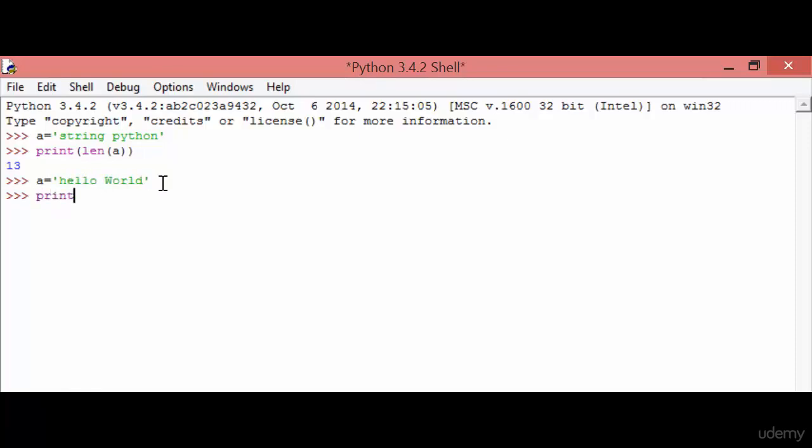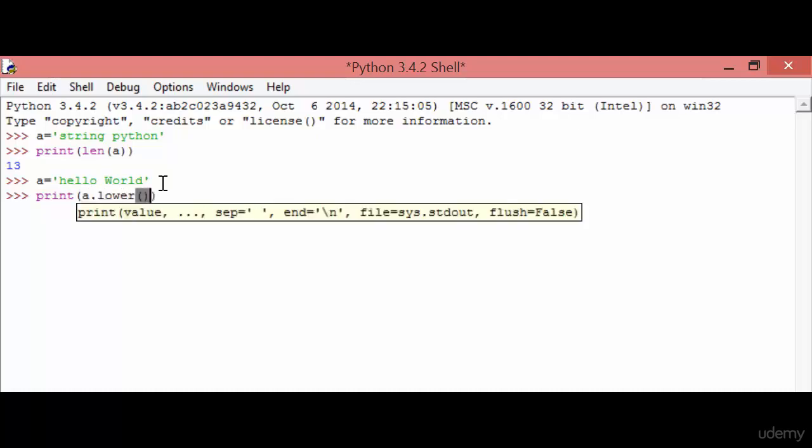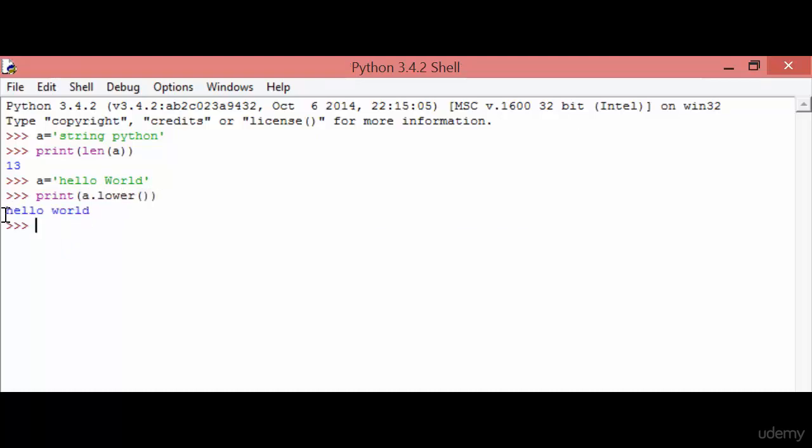If I print hello world a.lower(), we get the result with all the characters in small letters, even the W is also a small letter. So this is all about the lower method.